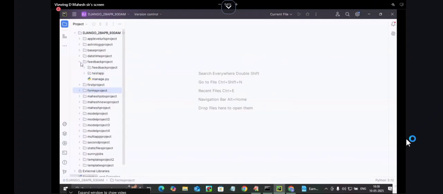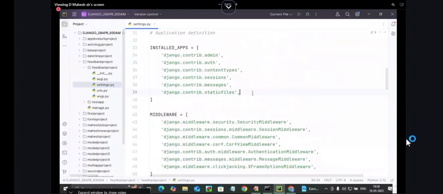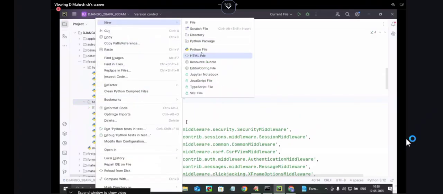Feedback. Go to settings, installed apps, testapp. Right click on testapp, go to new Python file,